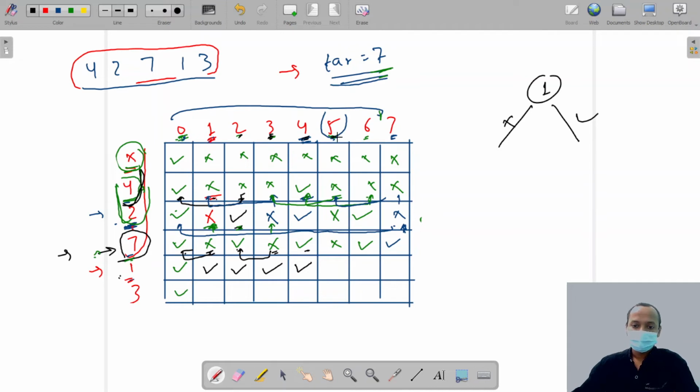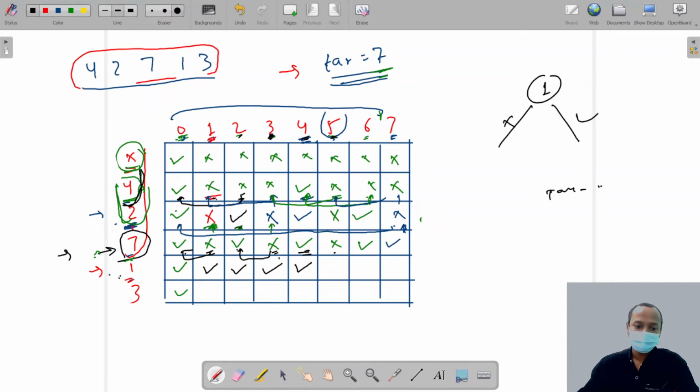Now the target is 5. So what we are doing, we first exclude this player, then we ask the rest of the team, without him, can you achieve the target? If they say no, then we include this player, and then we subtract the target minus the value of the player.